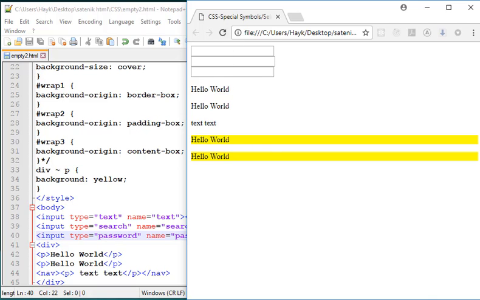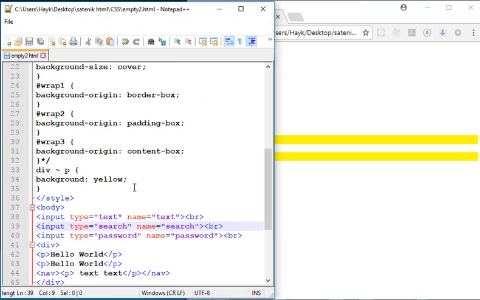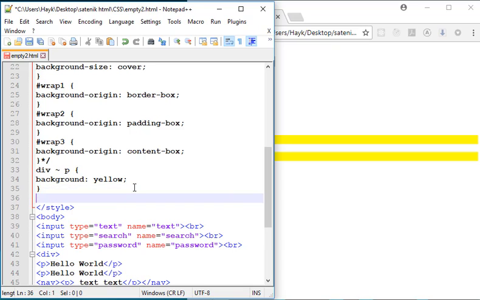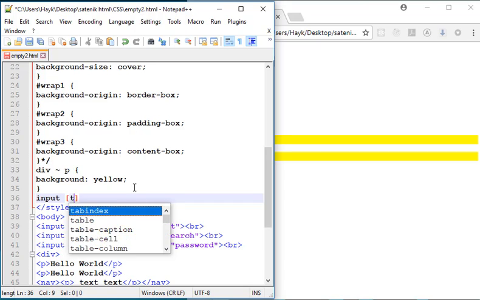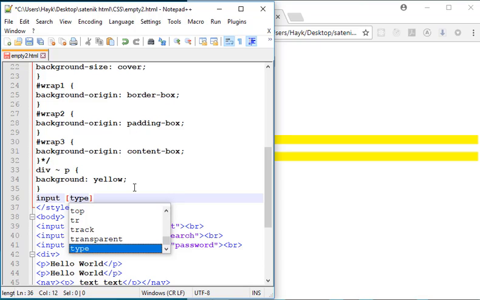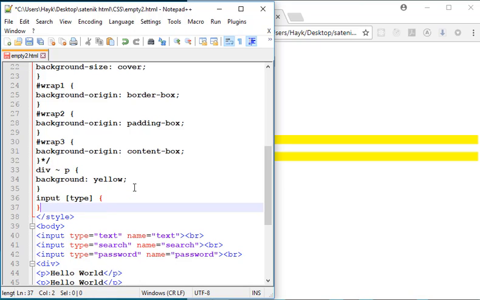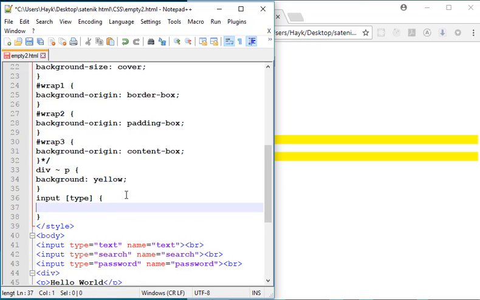And so let's give it properties using CSS. So what we're going to do is type in input, and in these square brackets we're going to write the type, and let's open and close our curly braces, and inside let's give it the background property, and let's give it a color, something like aqua for example. And so now when we save and refresh,